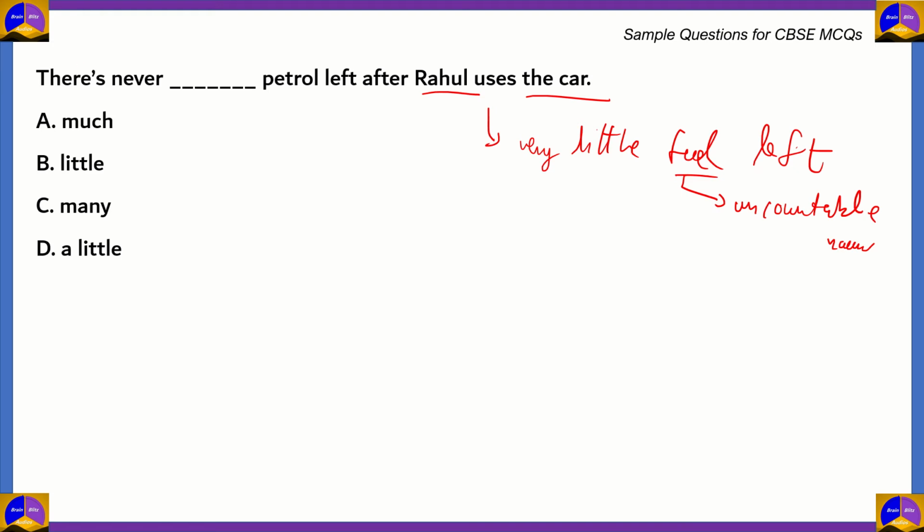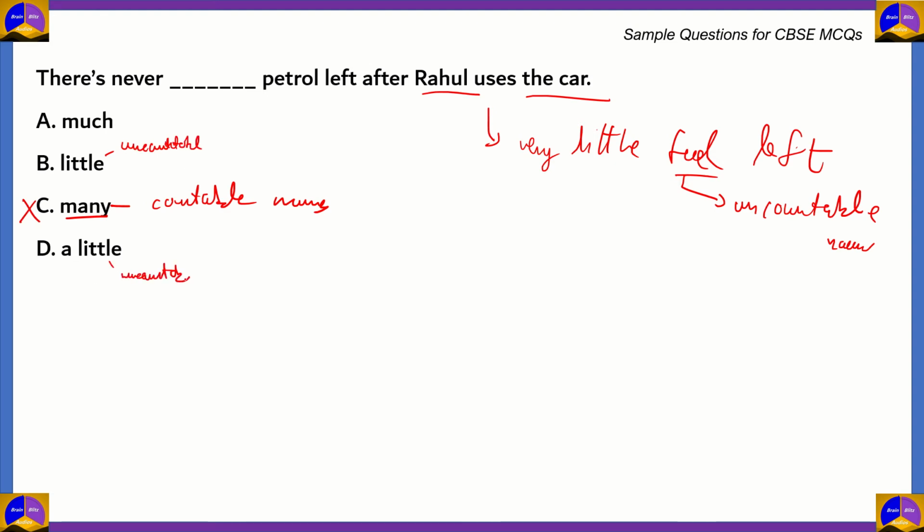So if we look at option C, which is the word many, it is usually used with countable nouns. So you can say there are many people here, which means that you can distinctly identify each number of people, and after a little observation you can find out the number of people. That's not the case with fuel, so therefore you cannot use there is never many fuel left, because fuel or petrol is an uncountable noun. So option C is incorrect. Now, what about options B and D? They use the word little and a little. Now, note that both of these can be used with uncountable nouns,